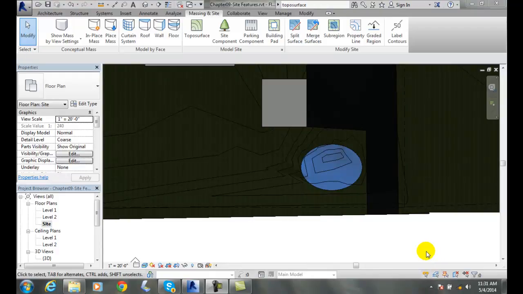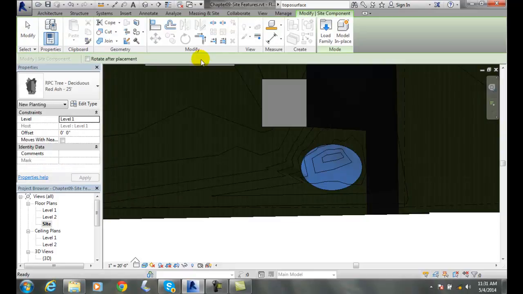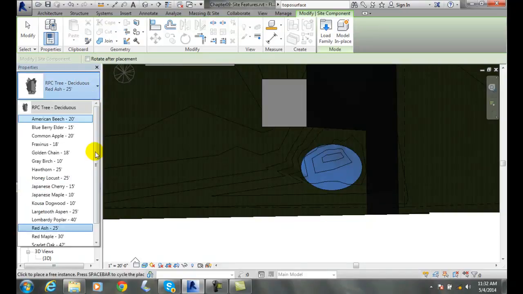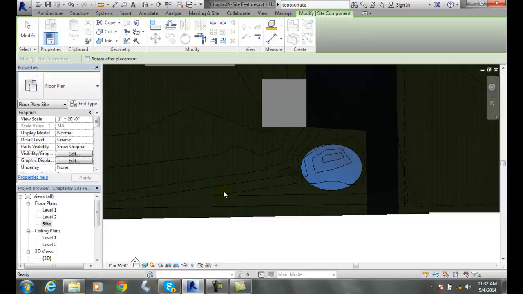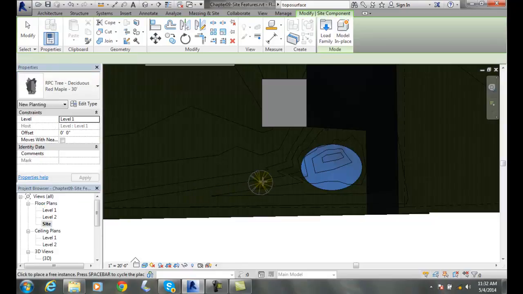Adding site components. We can add site components by going up to our model site panel and going to site components. When we click on site components, we get various types of components already preloaded. And in here I have some deciduous trees, for example, and so I can put a few of those in if I need to. So let's go with a red maple, and I can place a red maple in here,